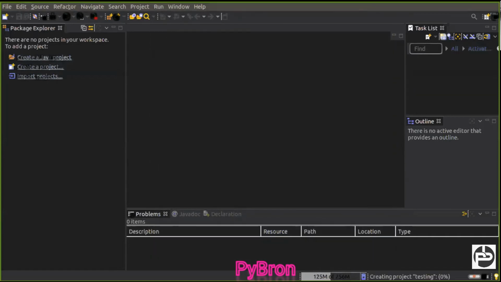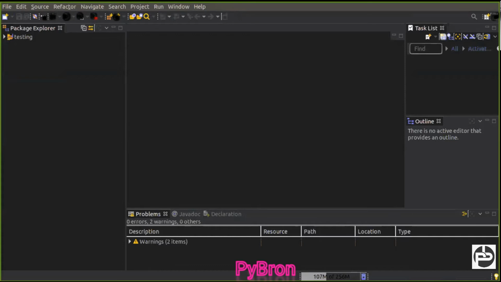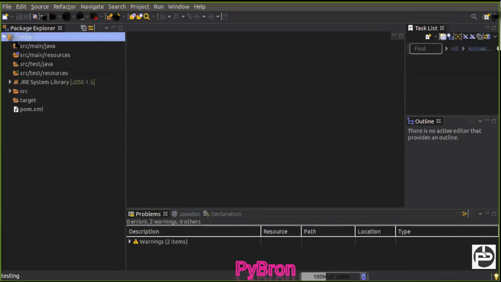Once you click on Finish, guys, again I'm saying, whenever you are working with a Maven project, you should turn on your internet, because so many things get downloaded through the internet. If you expand this view, you can see so many folders got created, right? Like src/main/java, src/main/resources, src/test/java, src/test/resources. These four folders I will explain in a while, but before going to these folders, I would like to explain this file, pom.xml.